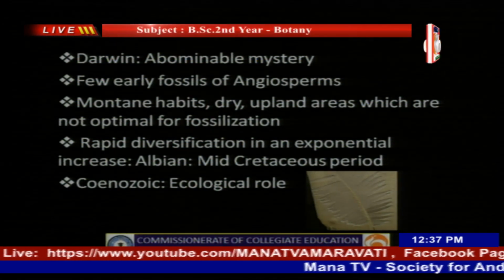So, what are the optimal conditions for fossilization? See, for fossilization there must be a hard structure in the plant body. When it has fallen, there must be some soft rock, so that the hard material of the living organism can be impressed into the soft material. So, these are not the conditions. That too, fossilization occurs in moist conditions only. That is why the paleontologists thought that the primitive angiosperms lived in montane habitats